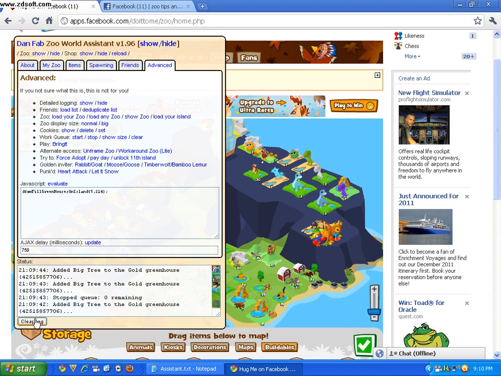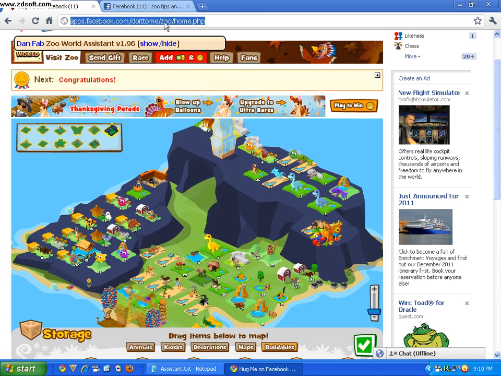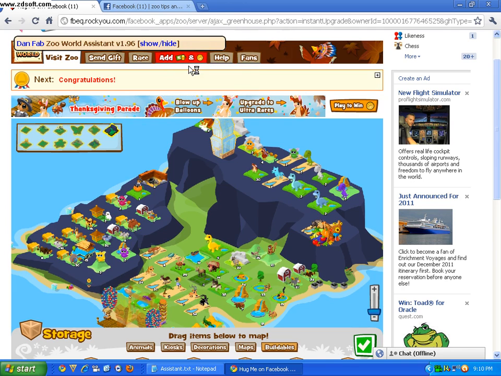All right, this is pretty much finished. So I can clear the log, I can select delete cookies. Actually, since this part is finished, this process can be done right here. I'm going to select show hide. You can go here, right click, select paste and go, and what's going to happen is trees are going to be sent over to your friend's storage bin. That's right. So you can just do that, paste and go, and this is the actual page that you get